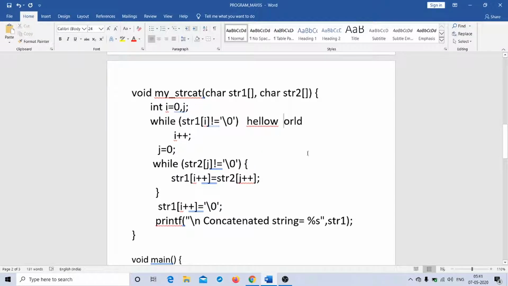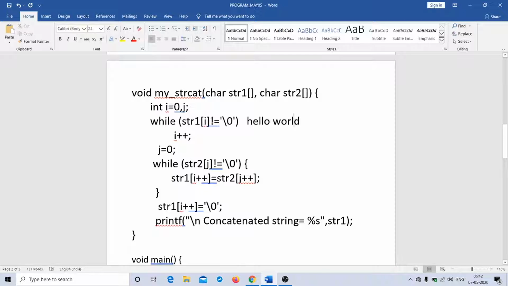And then like that, this particular loop will ensure that all the characters of string 2, that is the world, ultimately come and join this one. Correct? Once it happens like this, this is what you call string concatenation. One string is appended at the end of the other string. But then what happens to the null character? See, earlier we had a null character here after o of hello, and then we also had a null character after d of world.